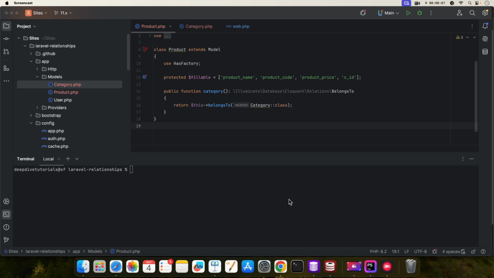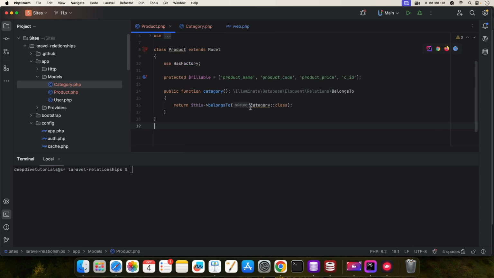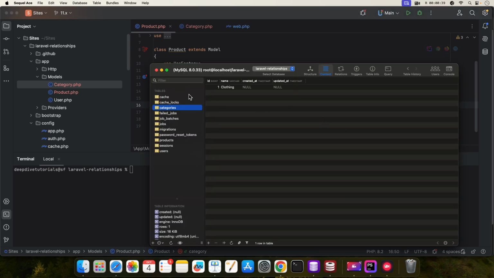And in this tutorial, we are going to look at custom column names. By default, Laravel will not work with custom column names. For example, I've got this product and a category model here, and I've got a category has many products relationship and product belongs to category. So I've got this relationship over here, and I've got a column name